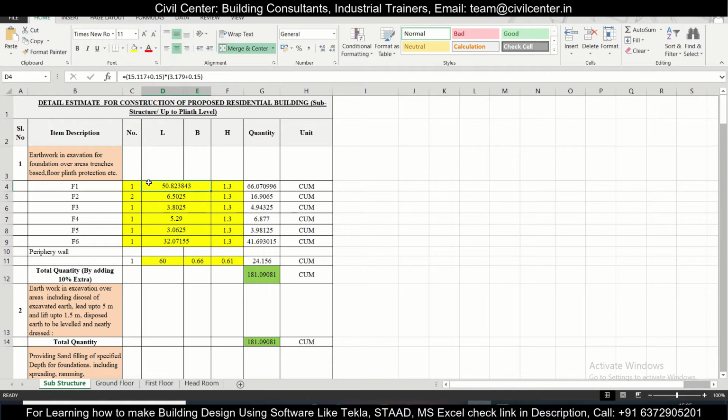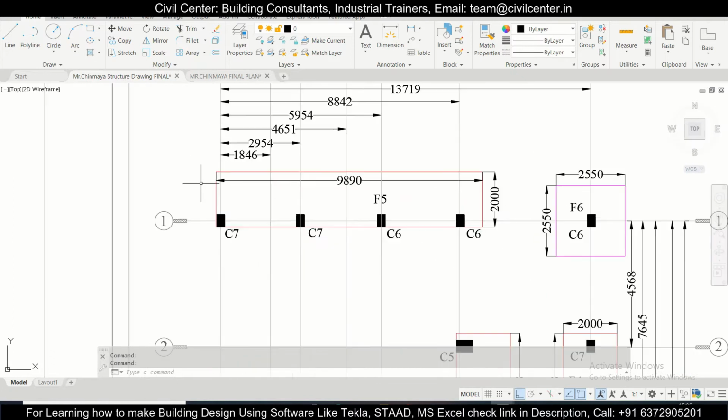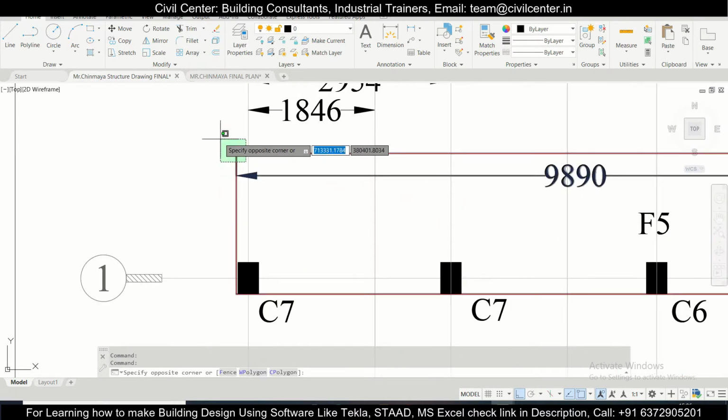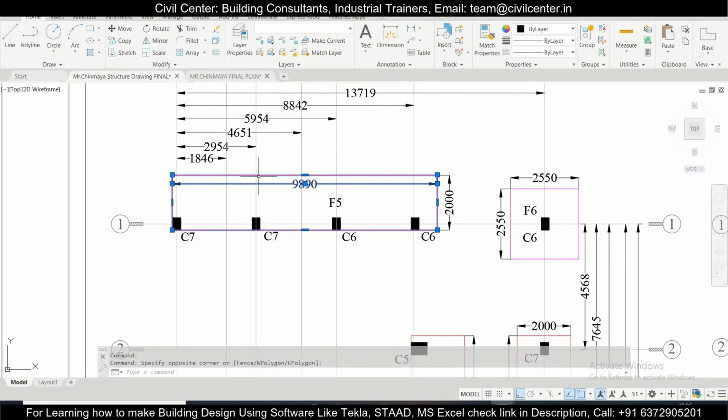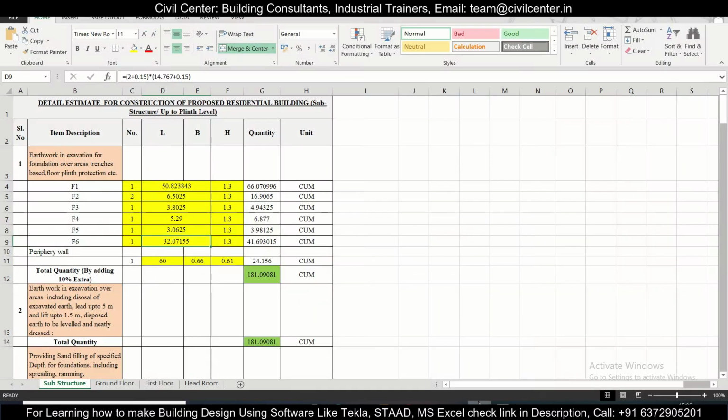Now length and breadth we can enter separately here, or else we can also just calculate the multiplication of both. But before calculating the length and breadth of the excavation, we need to know that if this is the footing area, then we need to excavate a little bit more, at least 75 mm more, that is 3 inches, on this side and all the other sides as well, so that we can have some space for the shuttering materials.